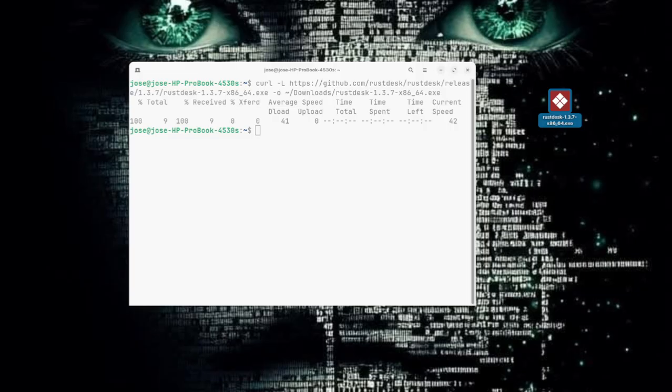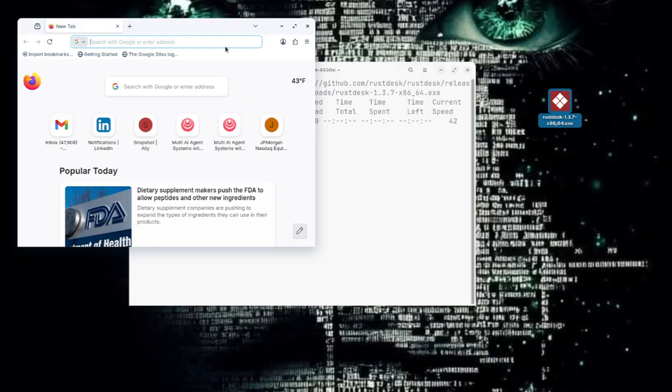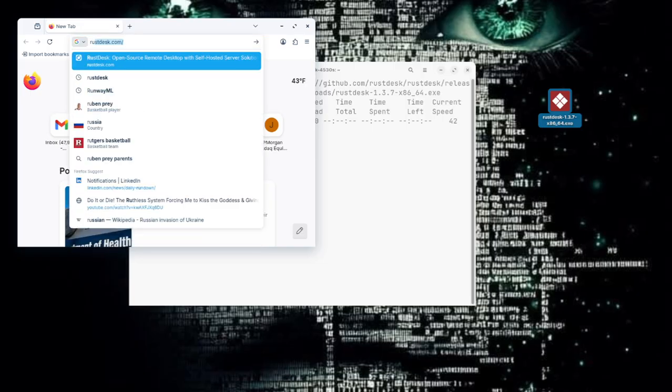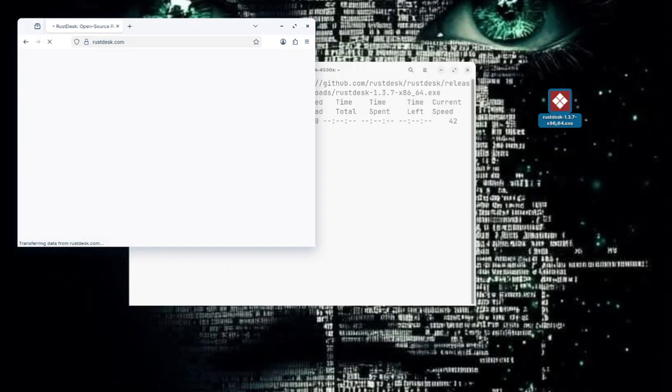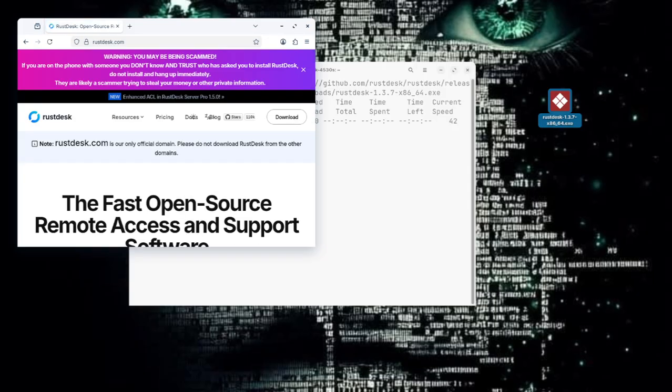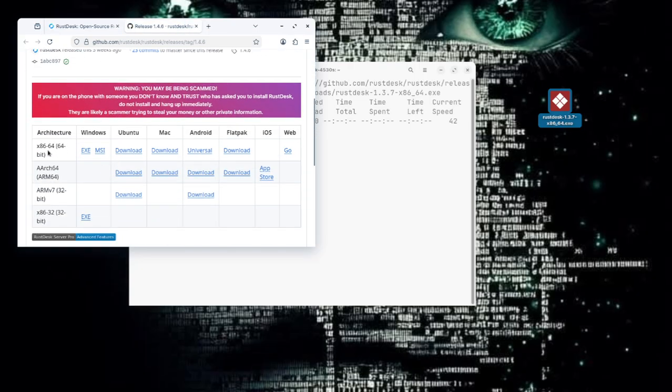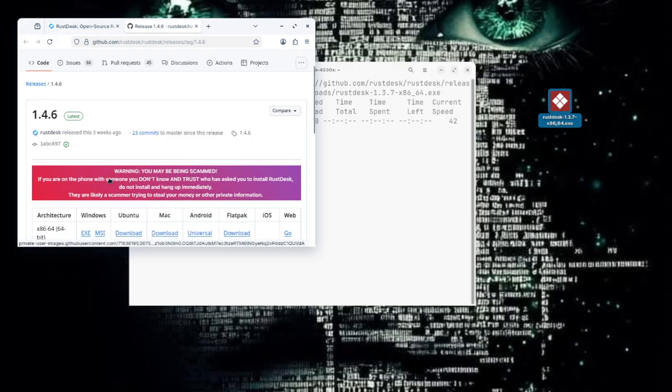We're going to go to RustDesk.com. And we're just going to go to the downloads and look up for Linux, see what they have. Okay, there's a newer release,